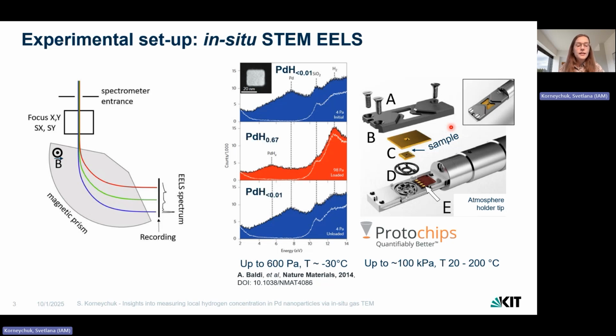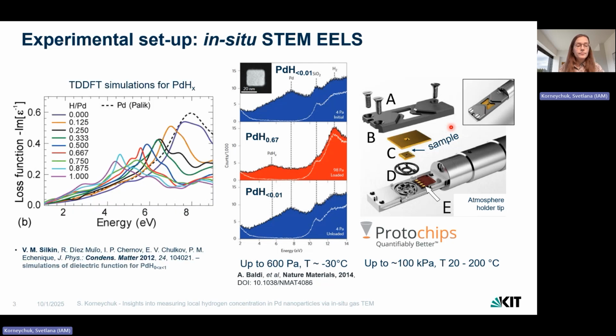So classically, in the bulk system, we have only two ranges of concentration: solid solution below 1% at room temperature, and palladium hydride above 67% of hydrogen in the palladium. However, do we have some intermediate concentrations? Some theoretical papers said maybe, but it hasn't been shown so far. We found this